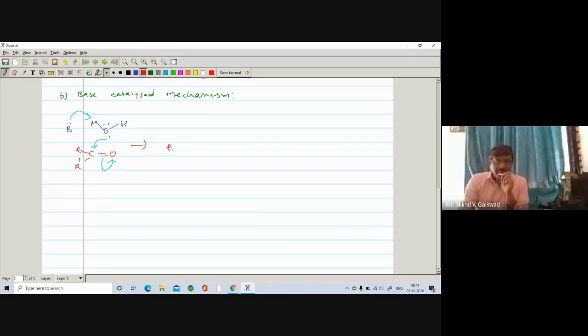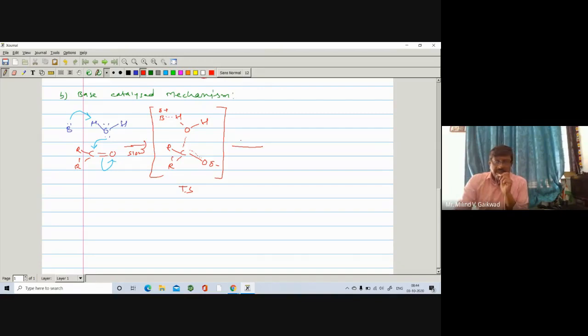So here is R, here is a C, here is R dash, here is oxygen, right? The bond between this one undergoes breaking, so it carries partial negative charge. The bond between the carbon and oxygen undergoes forming. Here is the H, here is the H, and this base forms a bond with this H. So it is having partial positive because it donates a lone pair. So you are having such type of transition state. This step is a slow step. It is a slow step, RDS step.